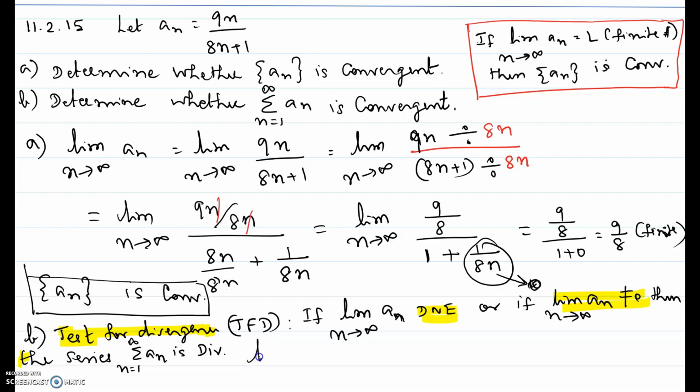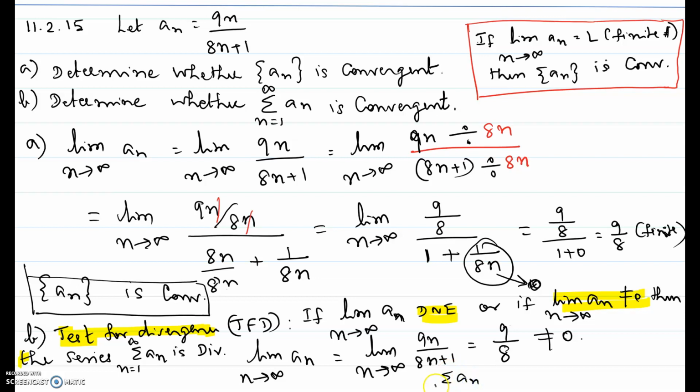But in part A, we already determined the limit as n approaches infinity of a_n, which is the limit as n approaches infinity of 9n over 8n plus 1, which turned out to be 9 over 8. Here we have to say it's not equal to 0. Because it's not equal to 0, the series sigma a_n, n varying from 1 through infinity, diverges